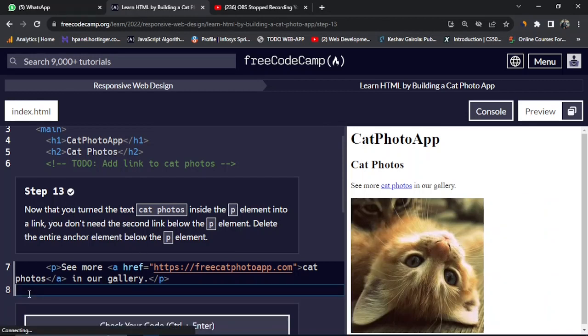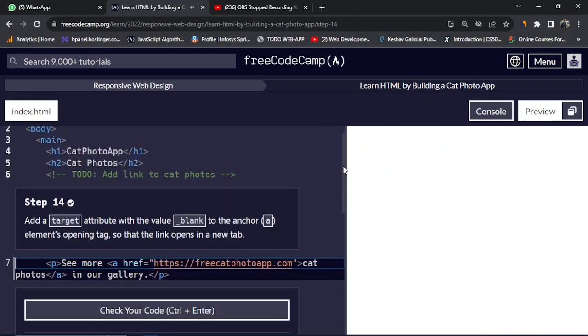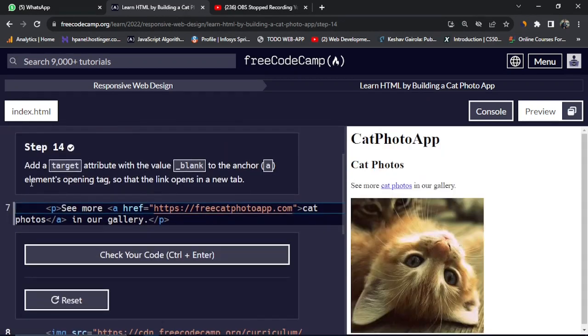So remove this. We actually removed it earlier as well, but it is showing it again, so let's not worry about it. Let's do it again. Now there is something called target. In every anchor tag there is an attribute which specifies the target of the link, the target of the anchor. So wherever I write target equal to